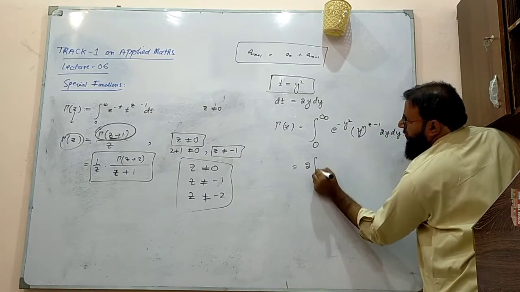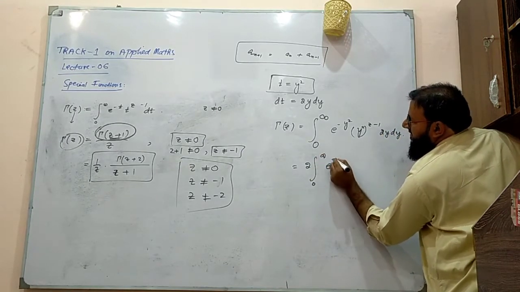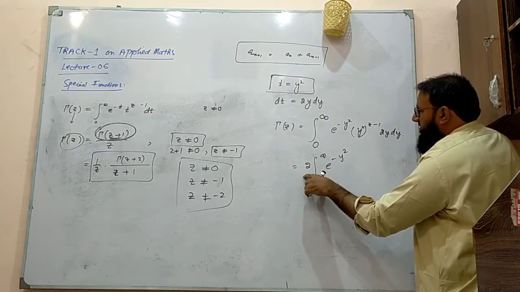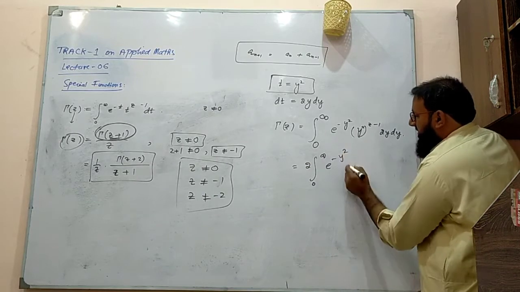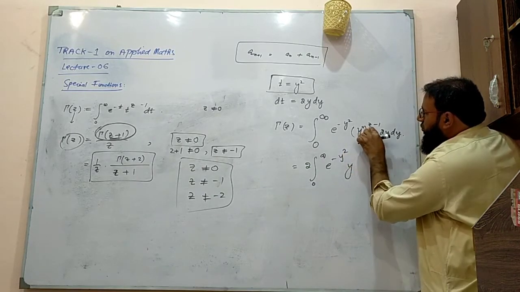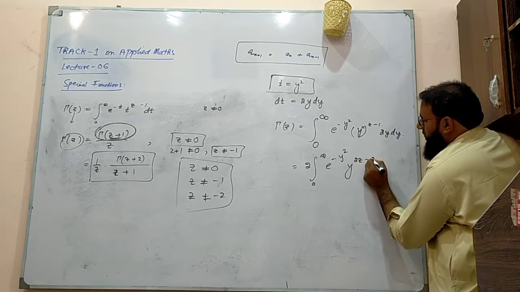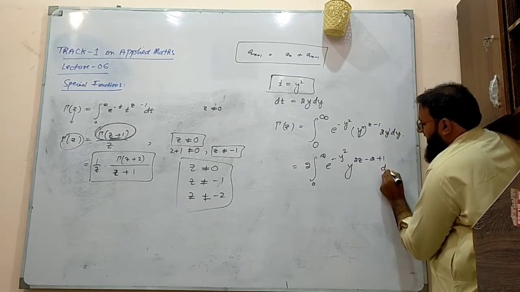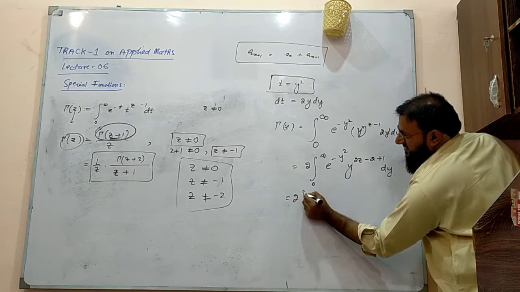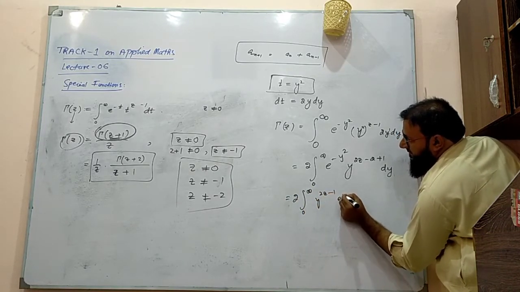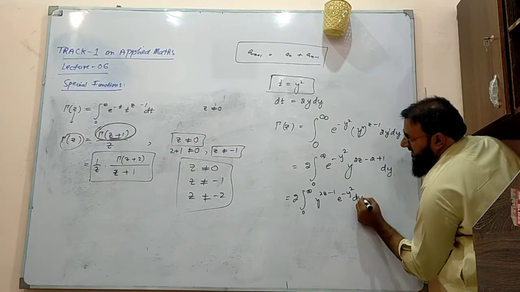So this becomes 2 times the integral 0 to infinity e power minus y square, because 2 is out, y power 2z minus 2 plus 1 dy. So I can write this as 0 to infinity y power 2z minus 1 e power minus y square dy, and